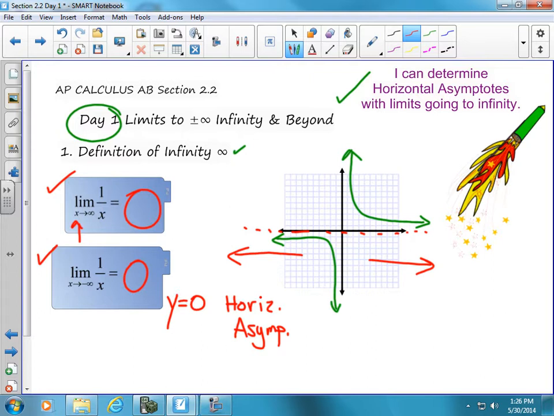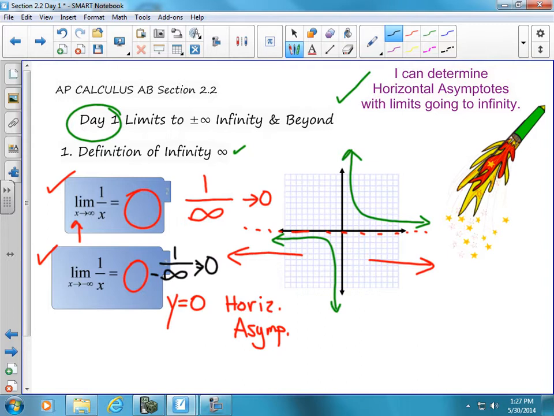Okay, by the way, that's a graphical look at this. You can also determine this algebraically by kind of plugging in infinity for x. If you have 1 over a large number, it goes to 0. So that also reinforces the fact that algebraically and graphically we can see that 1 over negative infinity is also